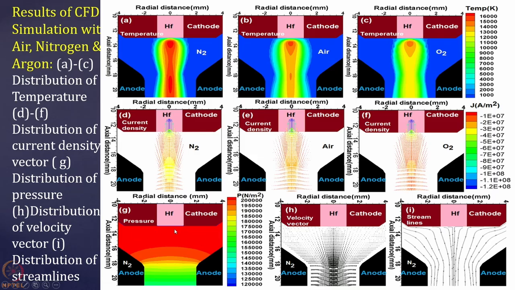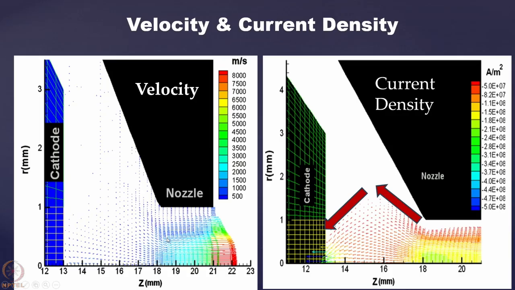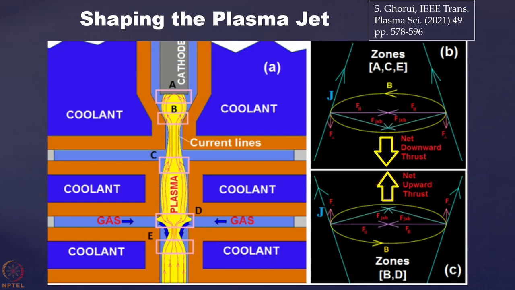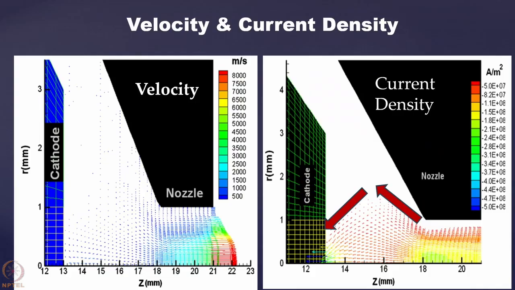The gas is not moving over here, and that is helpful because it allows your molten film of hafnium over the cathode to stay in its own place. So that is how our simulation is helping us understand how the plasma device will behave and what physics is occurring inside, just from the simulation.